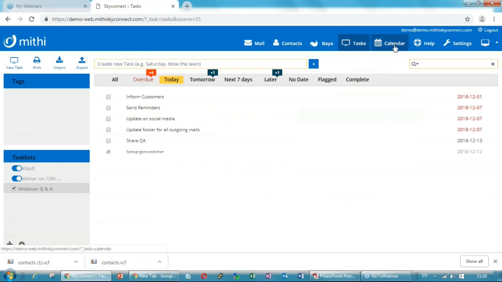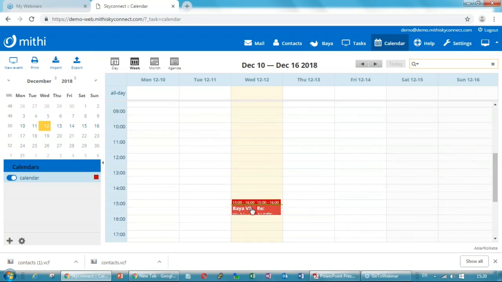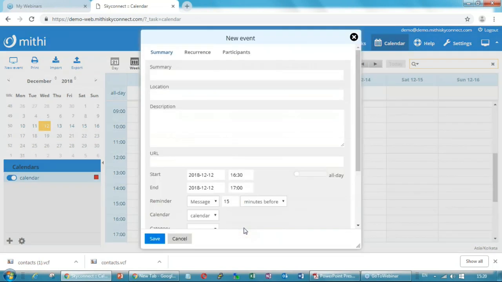So here there is a link to the calendar application. This is the interface. It is a very simple interface. There is one event already created, but it is very simple to create events.